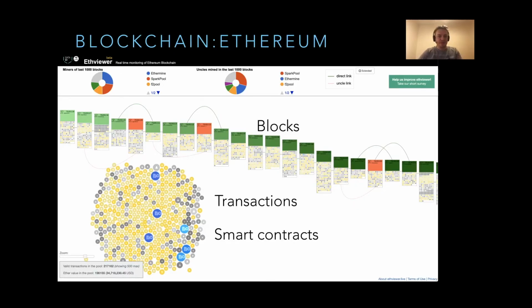Here's a visualization of the Ethereum blockchain. This is on the Earth viewer, and you see essentially blocks connected between each other, and each one containing a colorful array of transactions, but also smart contracts. And we will get in a minute to what smart contracts are. But let's say that